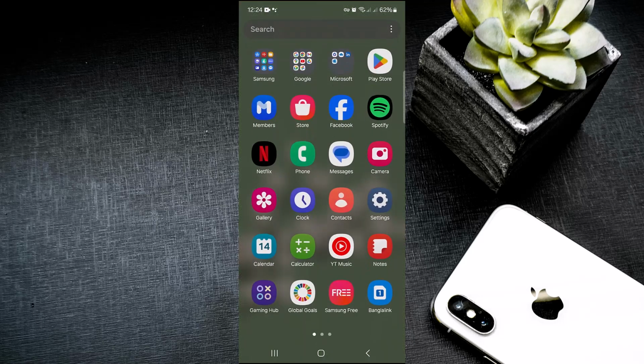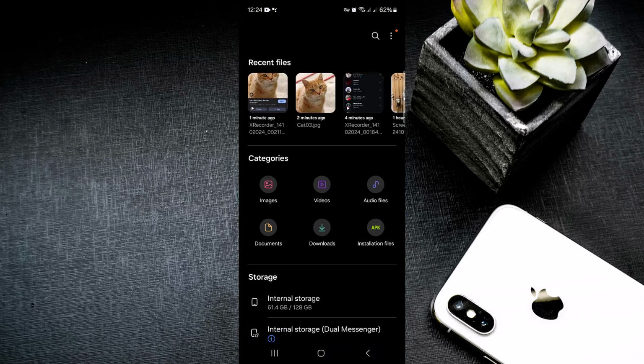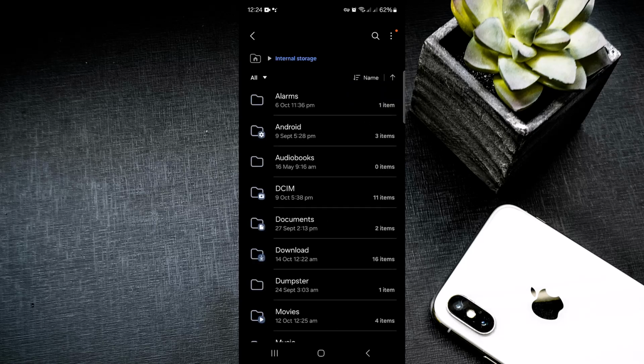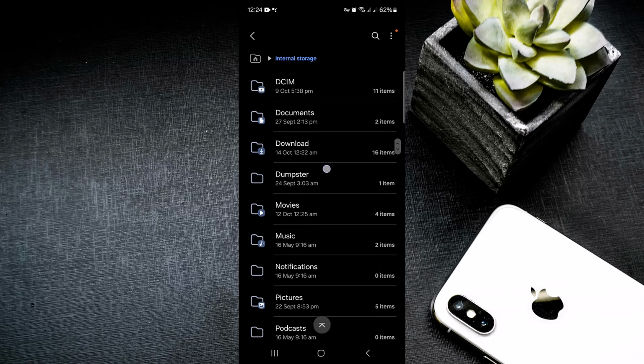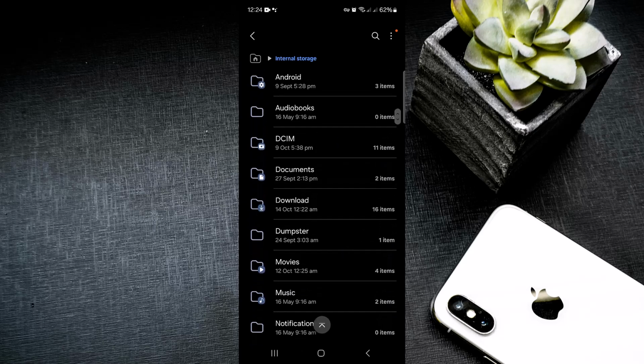Head over to your files or My Files on your phone. If you don't have this sort of option or file application in your phone, just download it from the Play Store and then head over to it. There, go to your internal storage. Then here you will find an option of Telegram, or if you can't find it in here, head over to